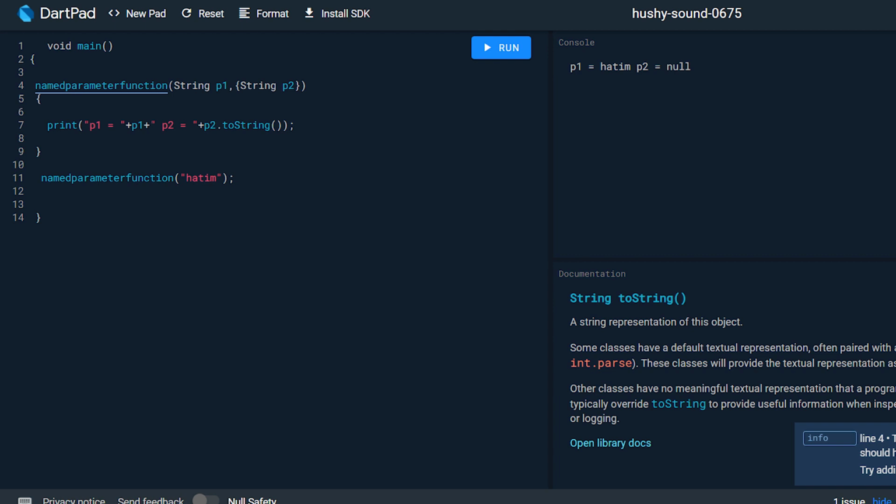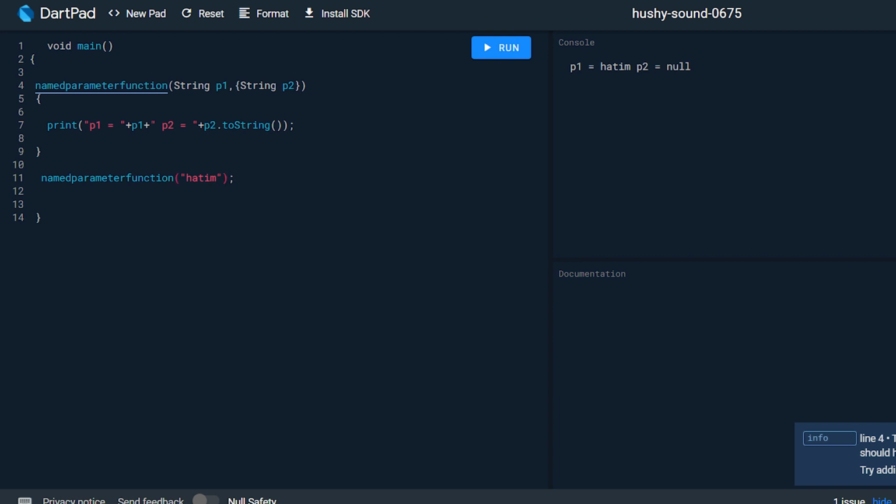Now if we want to pass the second argument, then we have to follow this syntax. In the optional named parameter, if we want to pass the argument, we have to mention the parameter name which we defined at the time of defining the function.